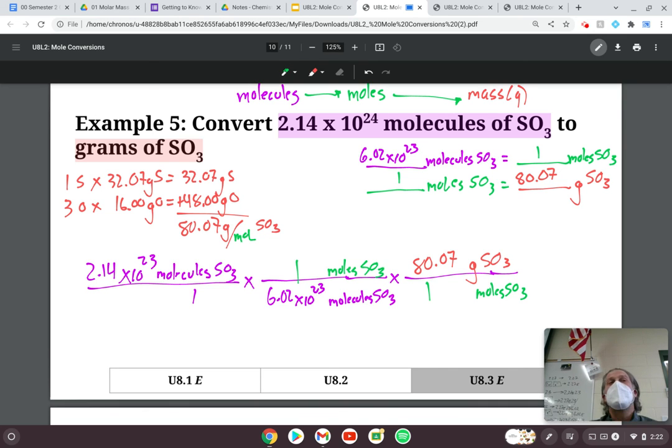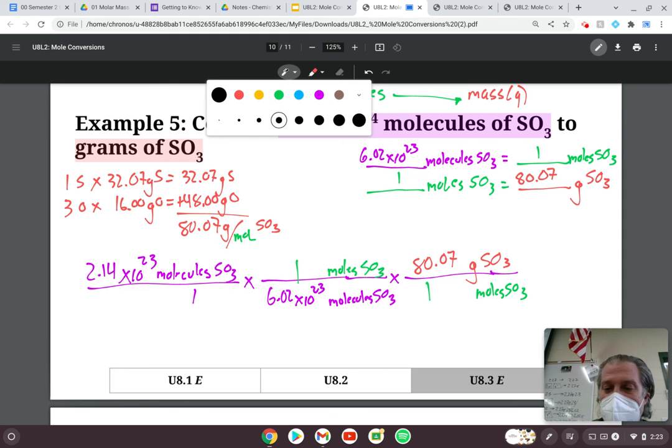Oh, it's 24. So 2.14 times 10 to the 24 times 80.07 divided by 6.02 times 10 to the 23. That looks way better. So my calculator answer is going to be something like